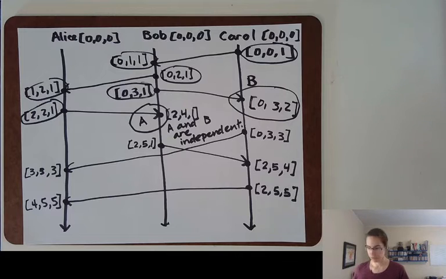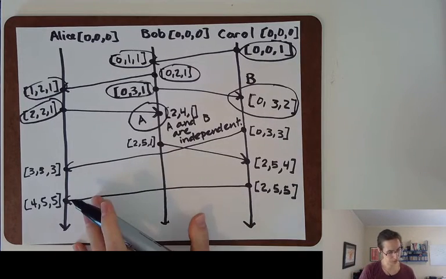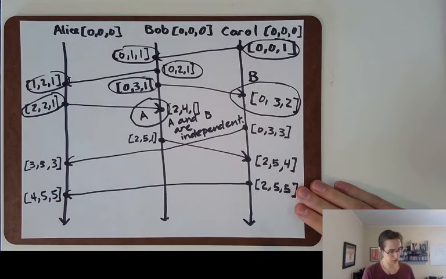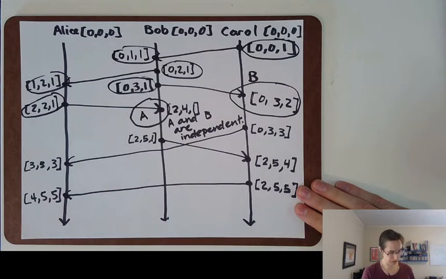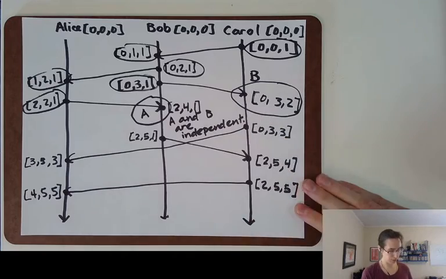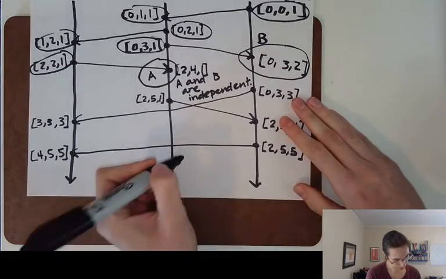Questions about any of this? Yeah, somebody asked, okay, so why are A and B independent? Well, if you look at their clock values, A has a clock value of 2, 4, 1, right? And B has a clock value of 0, 3, 2. If I looked at those two clock values,